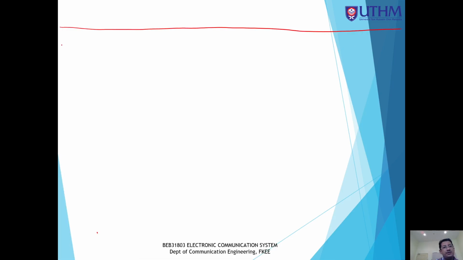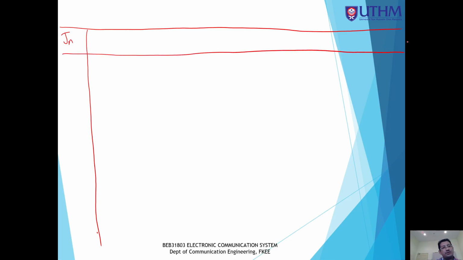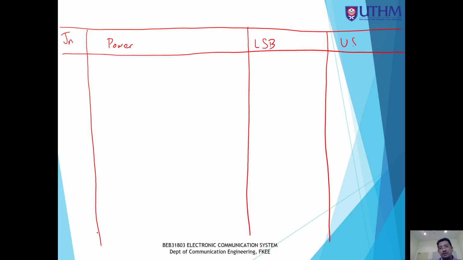So the table has Jn, for example, then the power, and then we have the LSB, lower sideband frequency, and the upper sideband, USB. If you see from the table, the first one, J0,